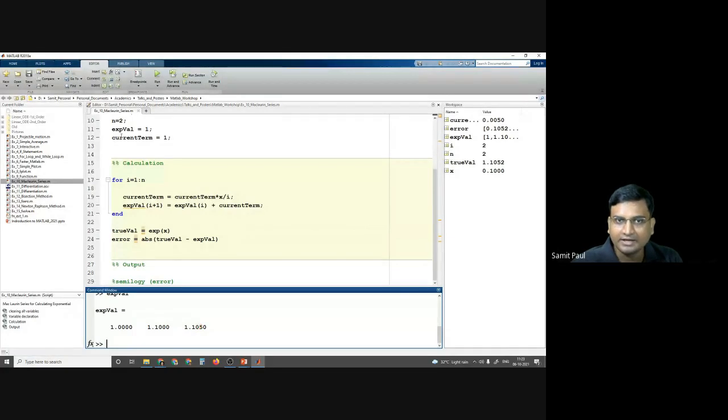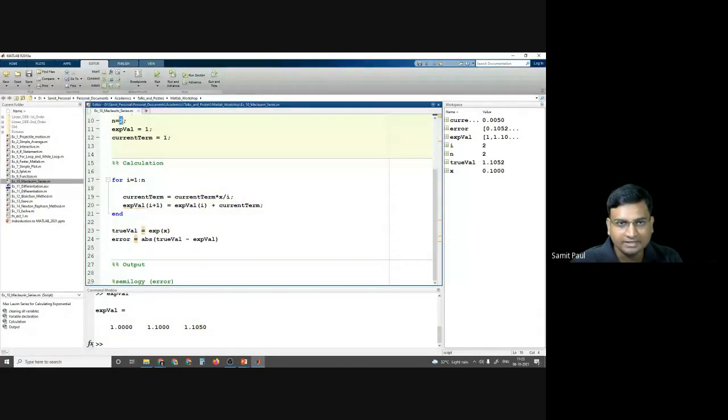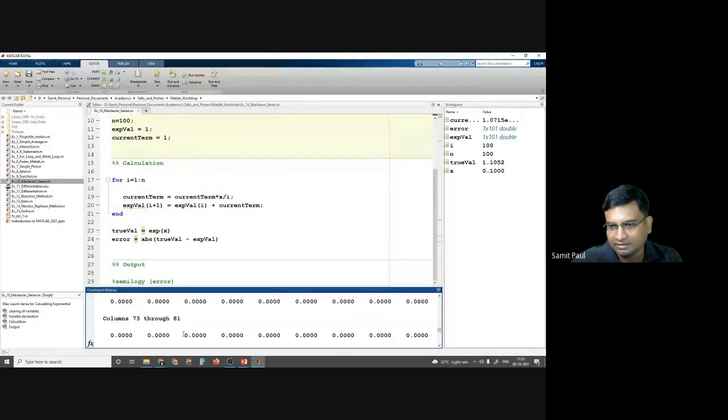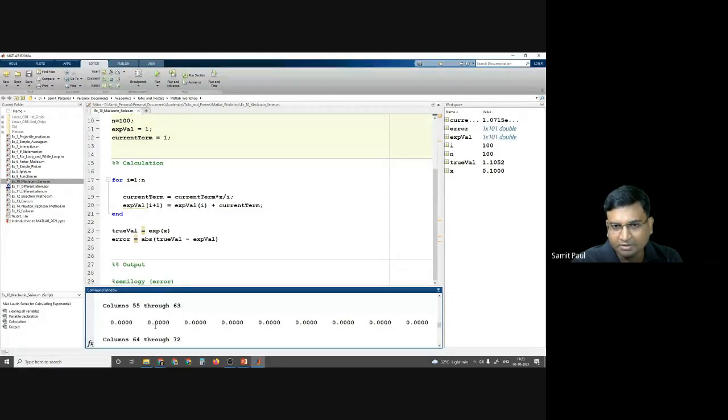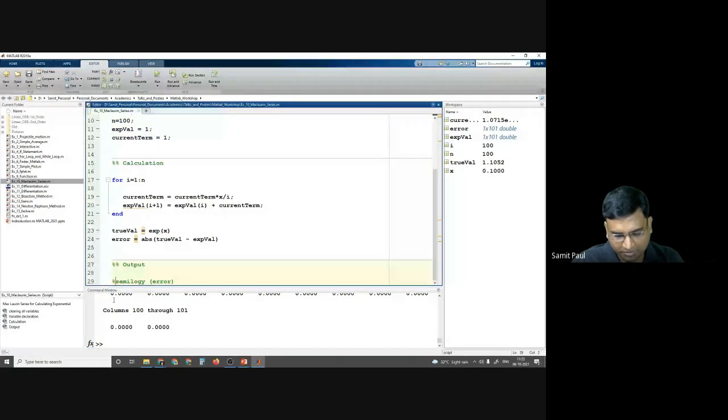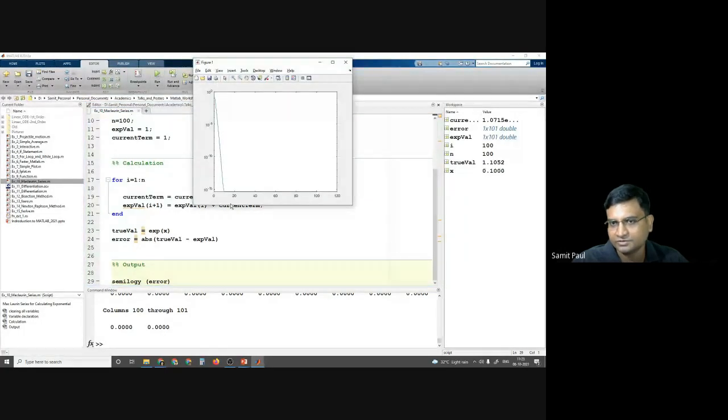And if we slowly increase it, say, instead of n equal to 2, if we go up to 100 terms, the error is not shown here because it's very small, but we can plot them in a log scale. We just want to plot the error and see how the error looks.